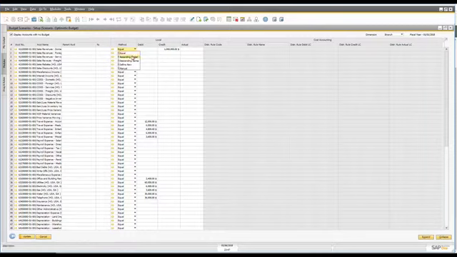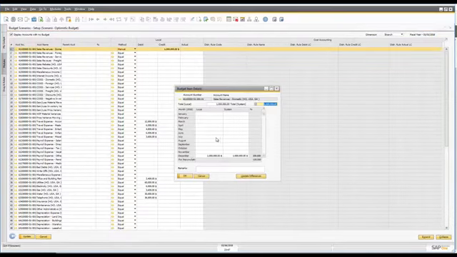I can allocate it in ascending order across my financial periods, in a descending series. I can define a new mechanism for allocating that budget, or I can go in here and I can say manual. And when I say manual and I double click on the row, it now opens up the full 12 months, and I can now go in here and I can say, all right, I want to now split this manually across each of those